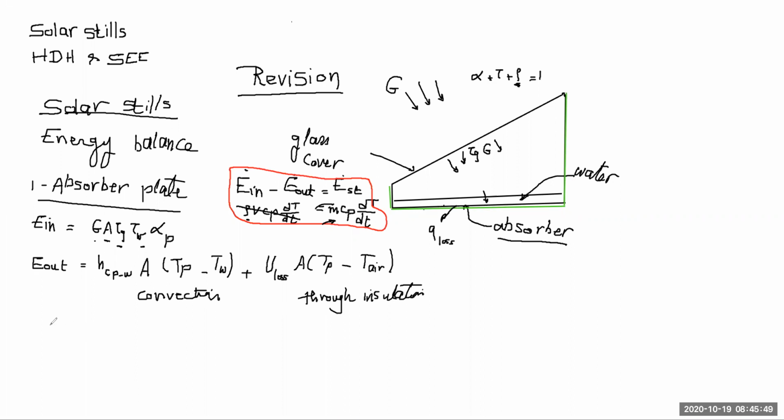And finally, the last term is the energy storage, which is some sort of standard terminology that I write: the mass of the plate, Cp of the plate, into dT plate by dt. Now here comes the question. When do we account for this storage and when do we neglect it? This can be